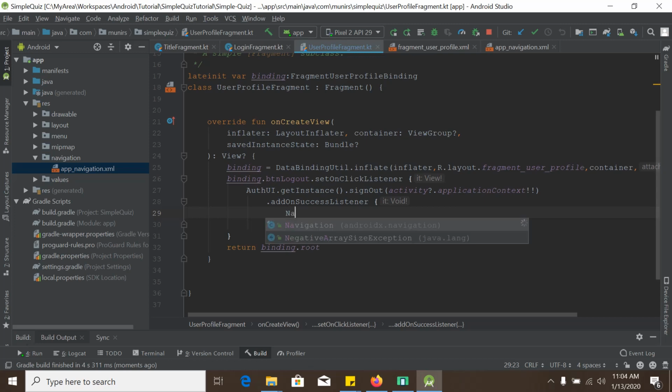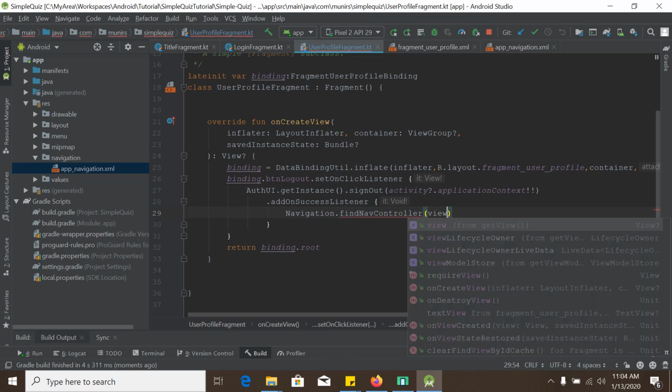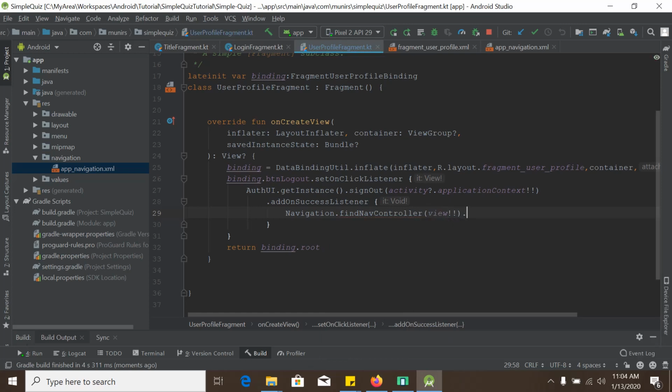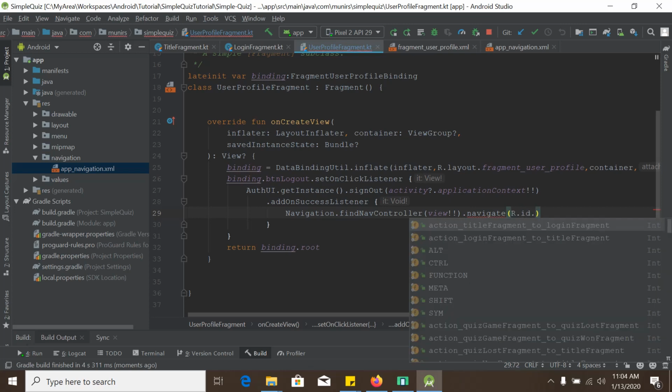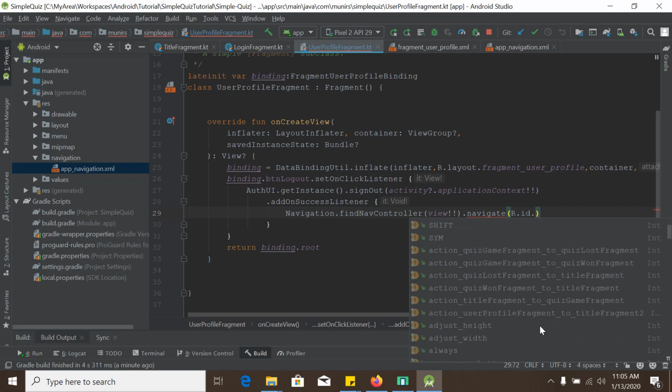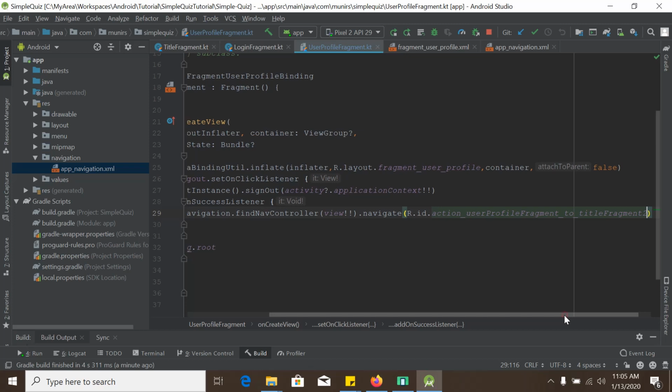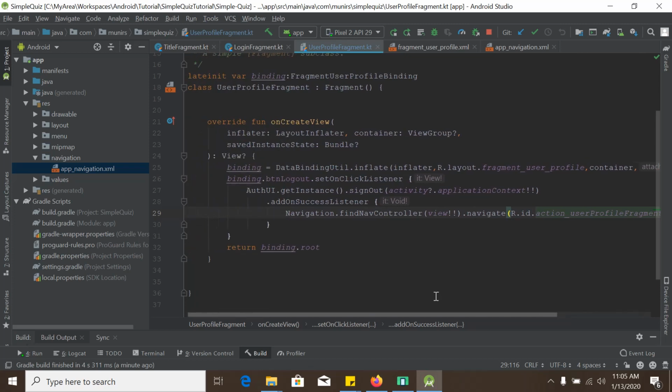So Navigation.findNavController, and it will be view, and .navigate, R.id, it will be user profile fragment to title fragment. Okay, and that's it. So if we run the project